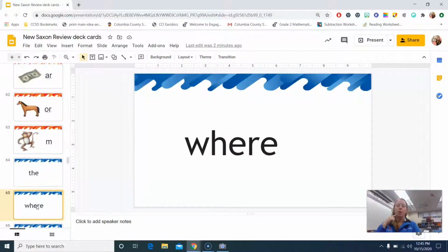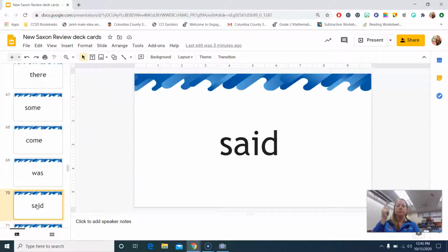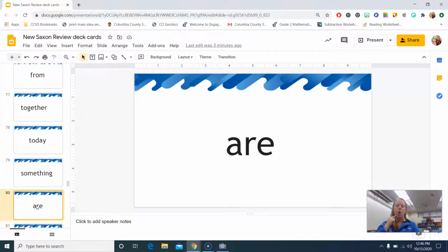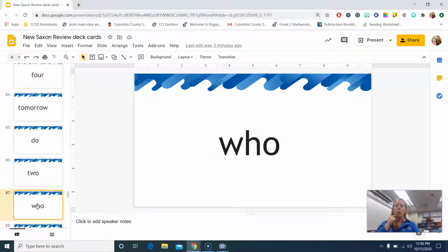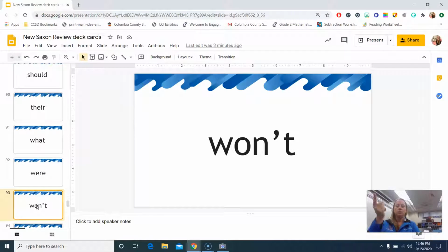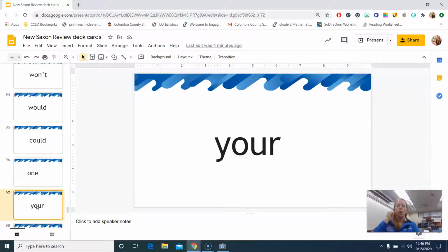Sight words: the, where, there, some, come, was, said, to, of, have, they, you, from, together, today, something, are, don't, love, for, tomorrow, do, to, who, into, should, there, what, were, won't, would, could, one, your, ate,